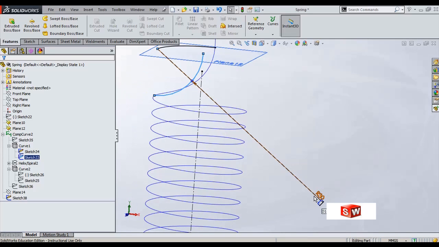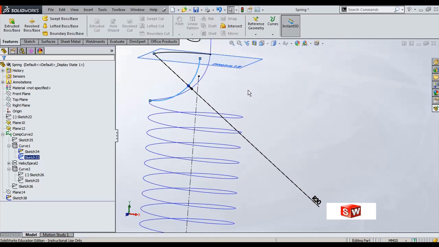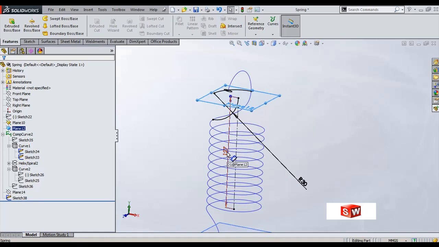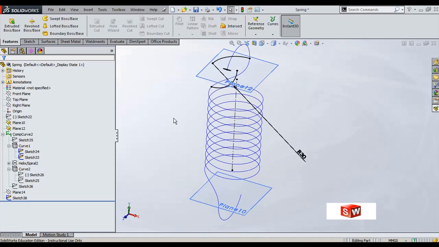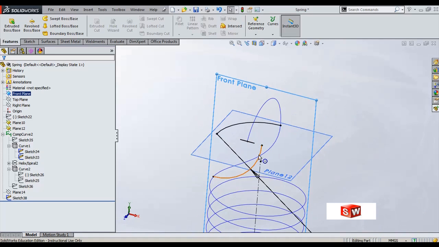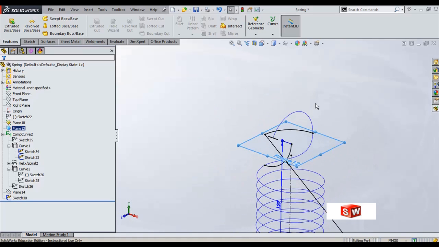So this radius of R30 will be drawn in such a way that the plane should be on this top surface, which means this has a total height of 97, and if you are offsetting a plane to 127, you can understand that the distance between these two will be 30. So choosing this plane, that is the front plane, we need to draw this first sketch radius, that is an arc, and on this top plane you need to draw another